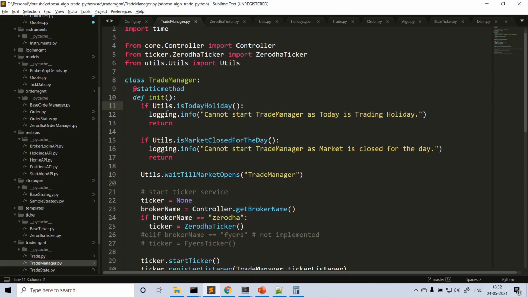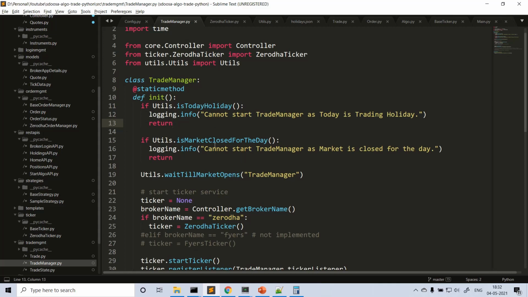I'm taking the utilities reference here and checking if today is a holiday or not. If it is a holiday, then I'm just printing: cannot start trade manager, today is trading holiday. I'm returning from here itself. We are not going to do anything with the trade manager.